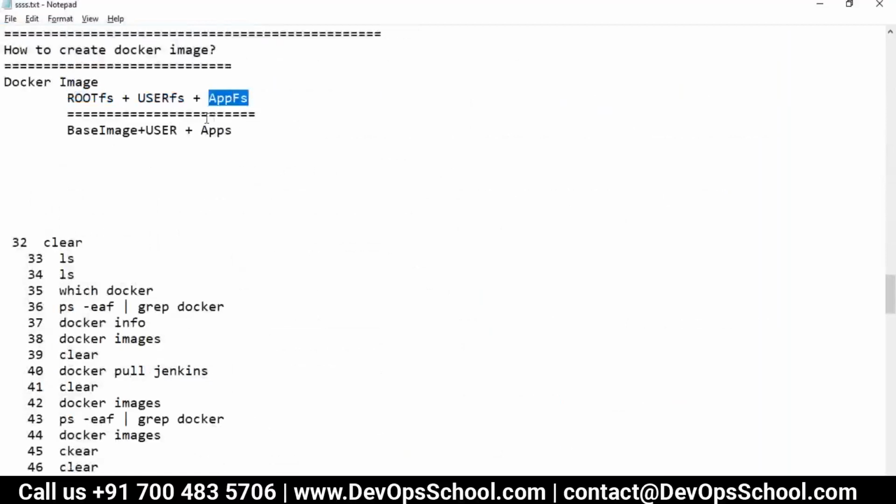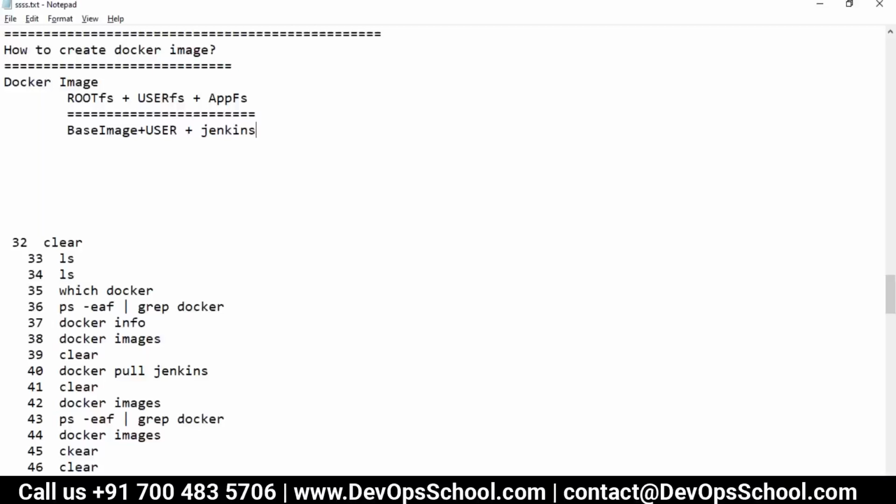That means you have the root file system, which acts like a base image, then a user file system, like a Jenkins user or user 1, user 2, whatever it is, and then an application file system, like Jenkins, Java, Python, Perl, MySQL, MS SQL, MongoDB, Tomcat, Apache, anything.